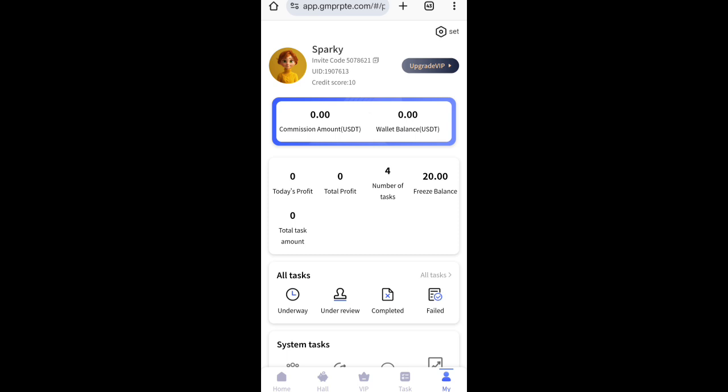Requirement number 2, you need to invite at least 10 friends. It is compulsory for you to be able to gain access to the withdrawal button. And once you gain access to withdrawal, that is how you are going to be withdrawing for life until this platform crashes. So you have to do everything within your power to invite at least 10 friends, and those friends you invite have to do tasks. Now you see this place here, total task, you need to have $400 here.